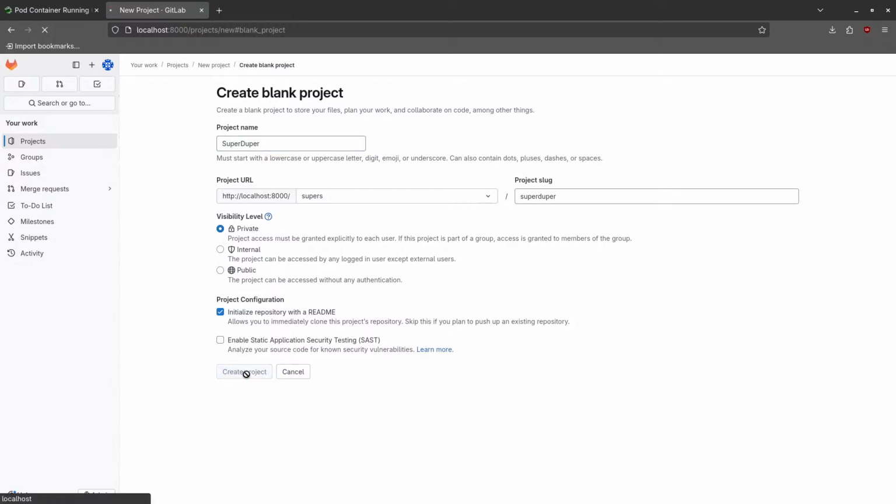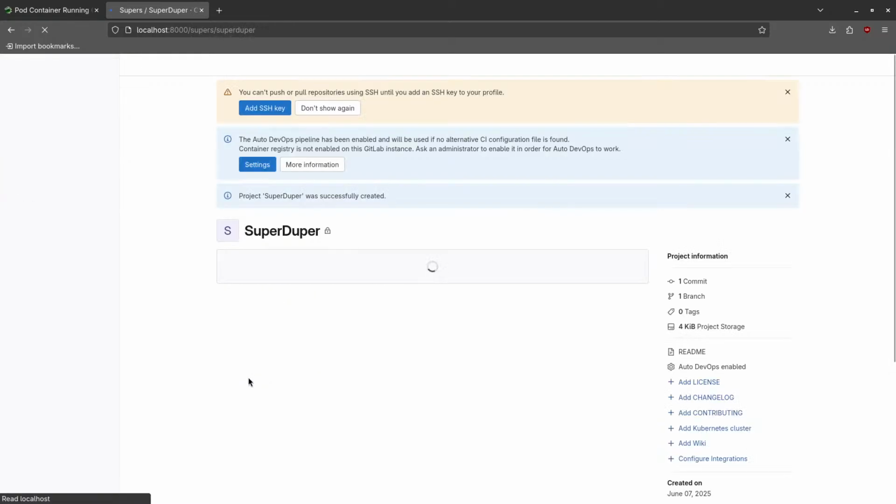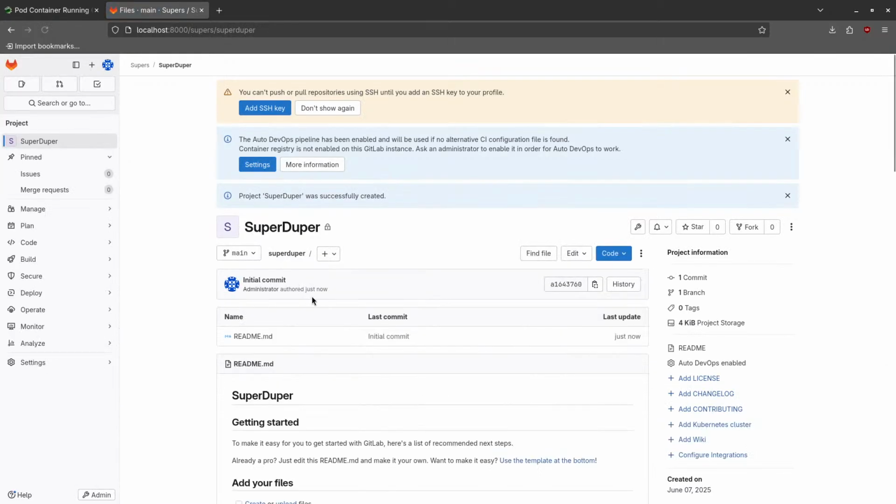So I'll create it privately there. So it's done. Now I can edit it. You see, it has an initial commit and all this stuff in here. Now you can also edit this. You can also edit it online by going here to edit. For example, you can use the web IDE right now because yeah,